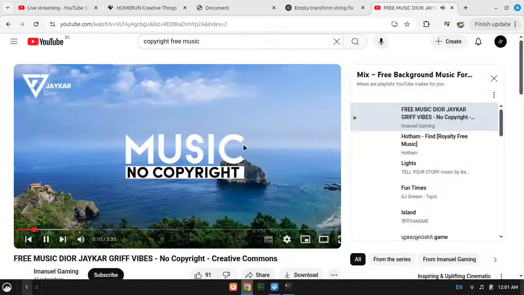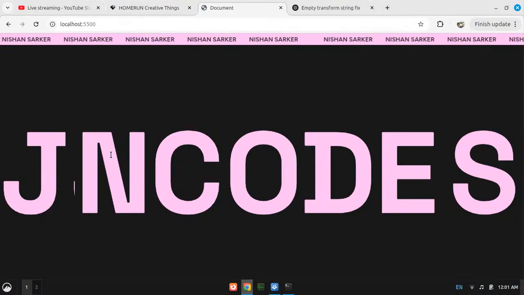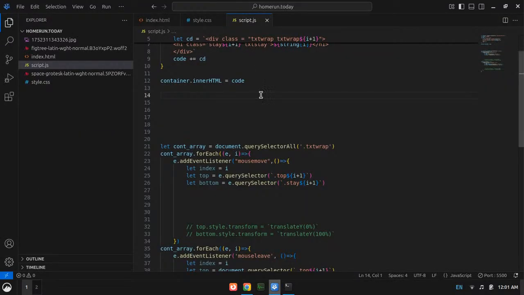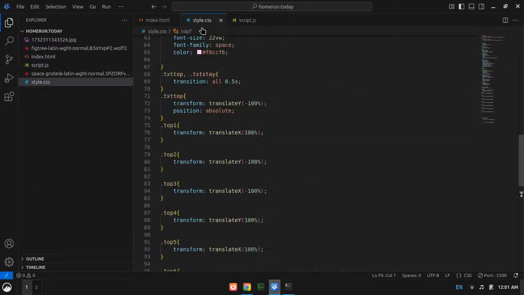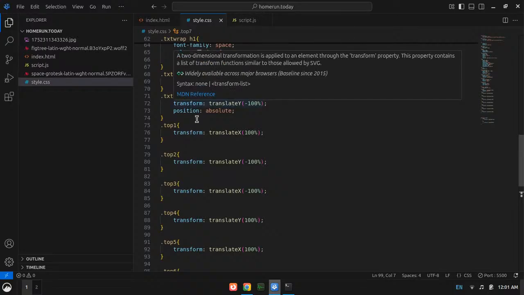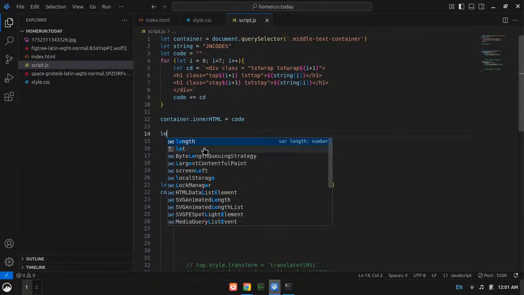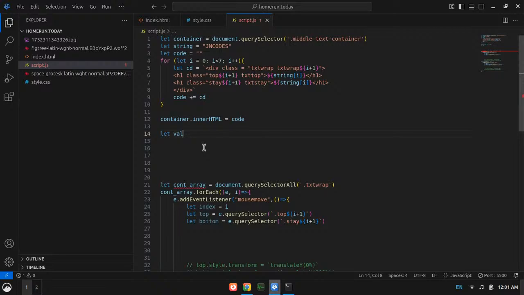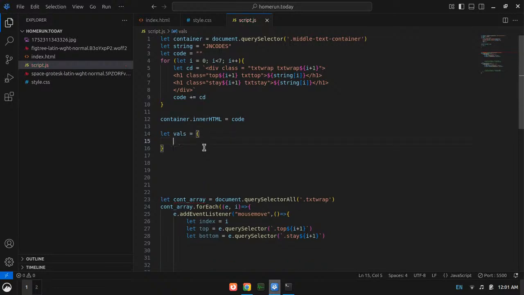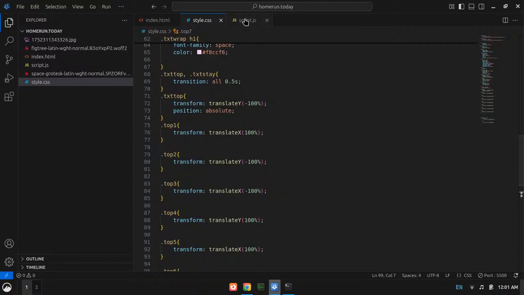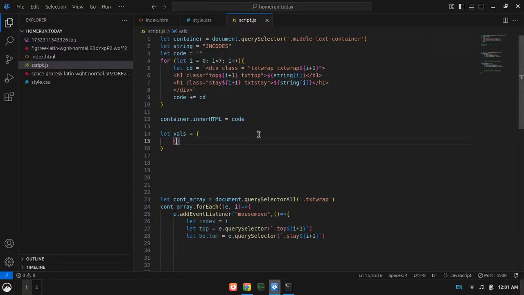Okay, guys, I'm back after eating, and so where was I? Okay, I need to create a dictionary for this, like position and all that stuff. So what can I do? I need to create a dictionary. Let vals equal to a dictionary where we will have objects such that the one is x 100, right? We'll have an object where x equal to 100.